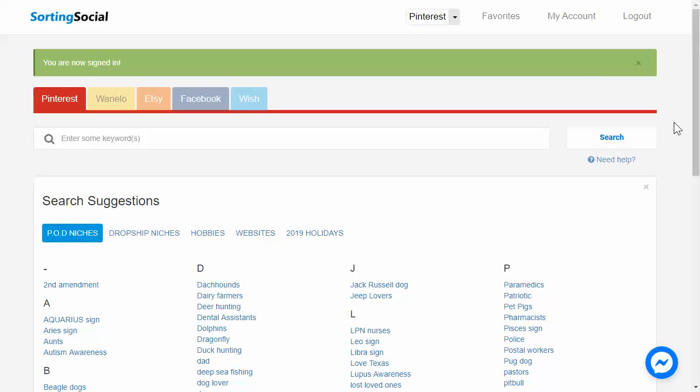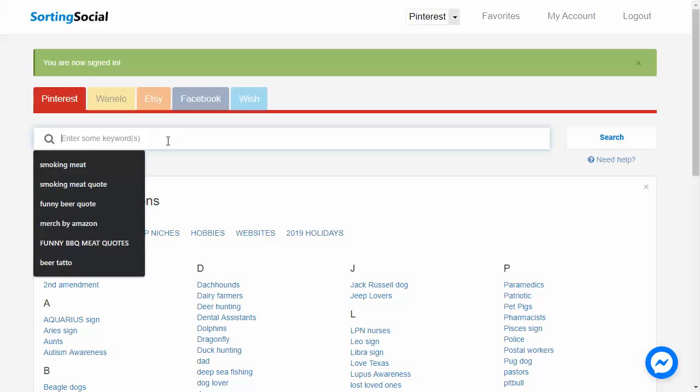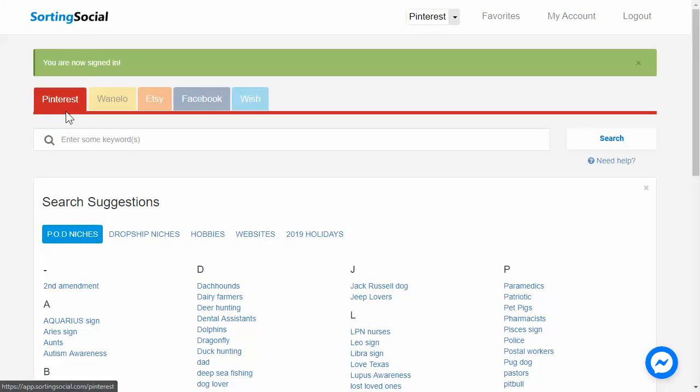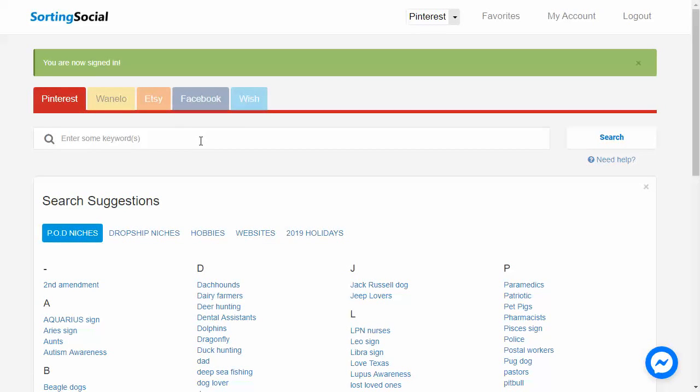So I actually forgot a step in here, and I probably should have put this step before setting up the store and the content, but either way you can do this in either order. We need to find some designs that will actually resonate with our audience. So I'd like to use a tool called Sorting Social because we can look through Pinterest and Etsy to see what's already selling and what kind of images and quotes and things that people already like that are in our